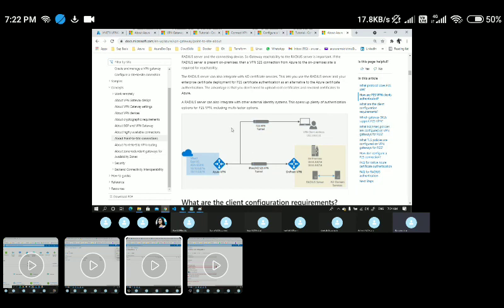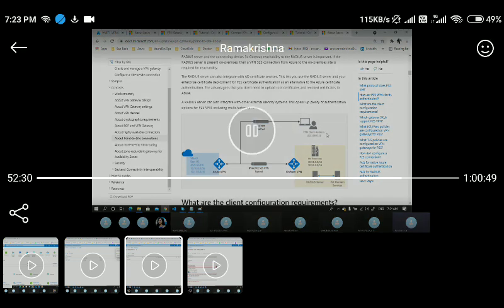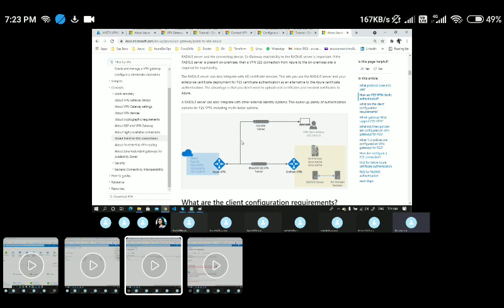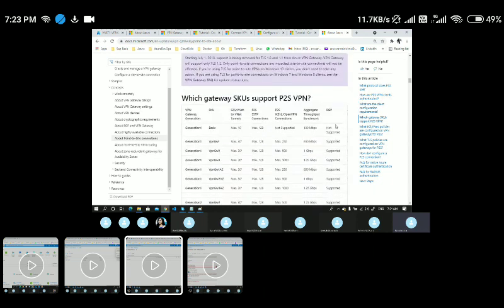And here the authentication will happen using certificates. So we need to generate the certificates to establish the point-to-site configuration. On the Azure side we do the same thing. We'll create a VNet, a separate subnet called the gateway subnet, and a VPN gateway. Everything is the same, but in addition we'll generate the certificates on your local system, and this certificate information will be exchanged with the VPN gateway. Later we'll download the VPN client and connect to the VPN. Let me quickly walk you through the steps here.